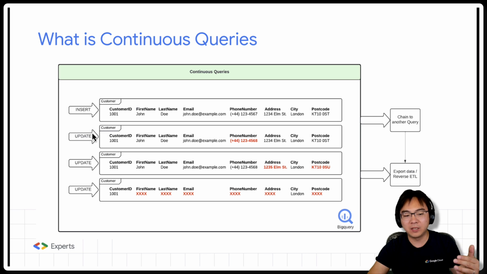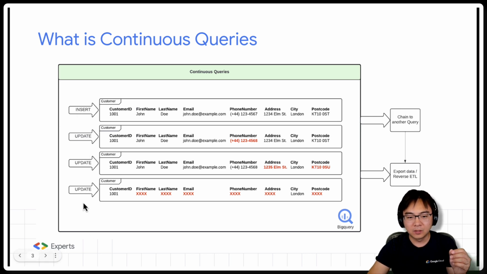And then you might make a series of changes. This update is representing a change on the phone number, followed by another update that changes the customer address, right? And finally, when the customer wants to leave the company or wants their record erased, they may submit a GDPR request called right to be forgotten. So you have to erase their record in this case. So all of the customer details are now obfuscated, right? In this particular case, you would have done 4 actions to this single customer record: 1 insertion, 3